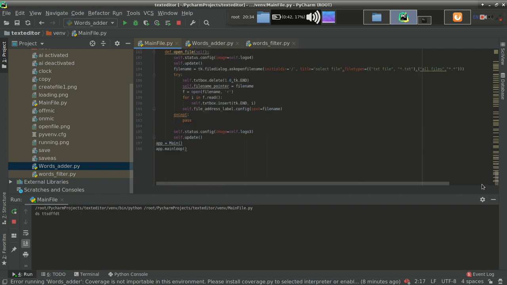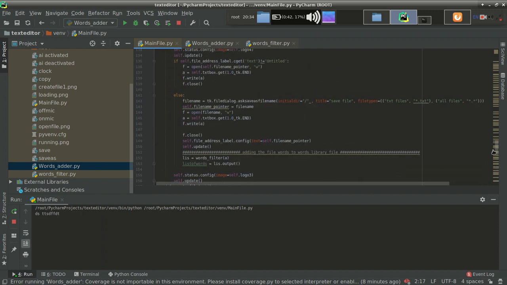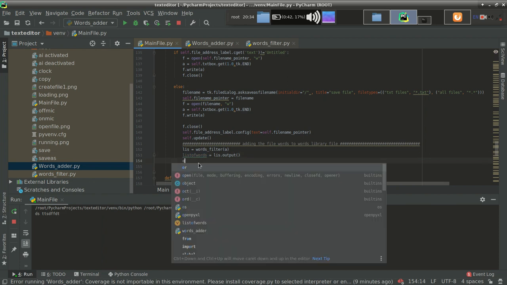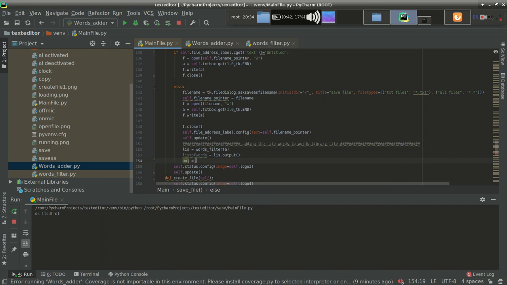So I have used one more thing also. I have to call this words adder also, because I have a pure list of words. I just simply want to add these words into the Excel file. So how do I do that? Let's see. obj equal to words adder, and then list of words.